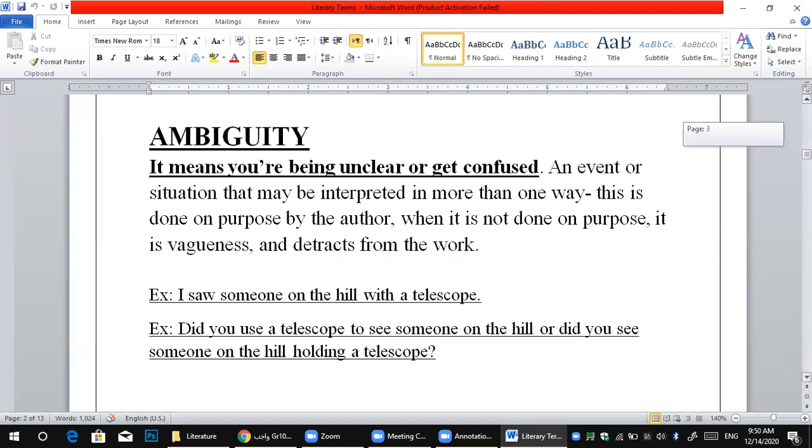Next one is called ambiguity. Ambiguity means you are being